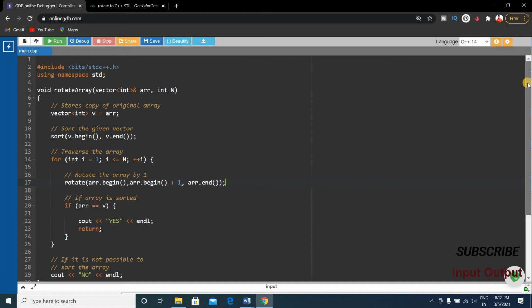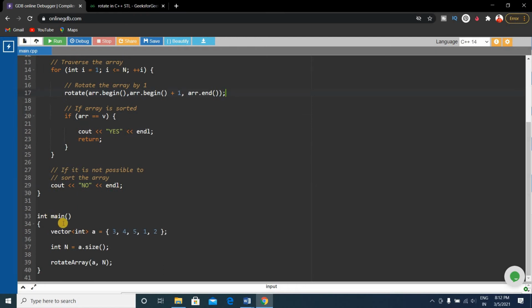First we'll write the basic format of the C++ code, and then we'll write the main function. Then we'll write a vector. In the vector there will be the elements 3, 4, 5 and 1, 2, and then we write int n equals a dot size.